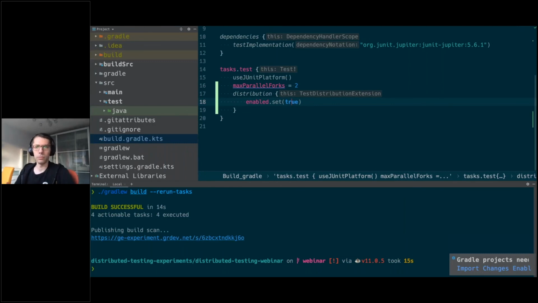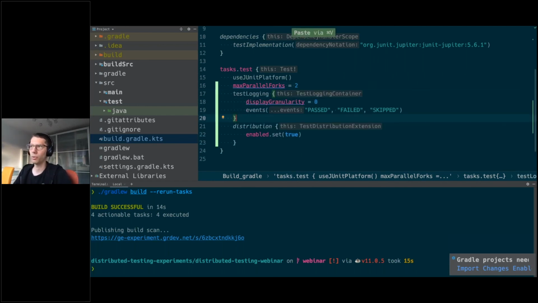All right, so let's talk about test reporting. What happens there if we use test distribution? And you might know that there is also some configuration on the test task that you can use to increase the logging. And I've just configured it here to output in the console view the passed, failed, and skipped events. So whenever a test fails, passes, or skips, it will be logged into the log, because usually the test task doesn't log anything at all. It just executes and is done. This little display granularity thing is to output the maximum detail. And if we run the tests again,